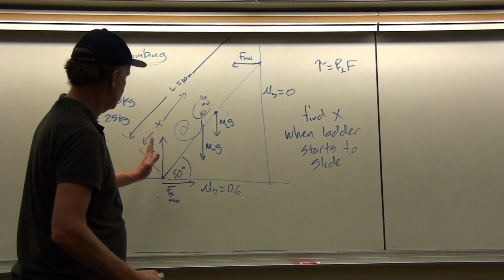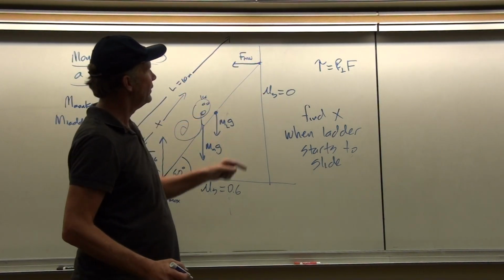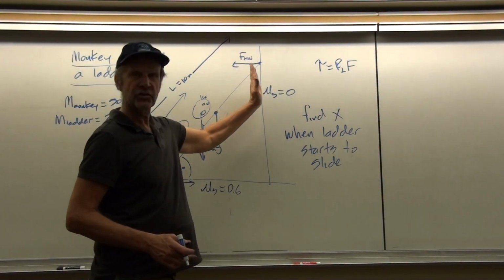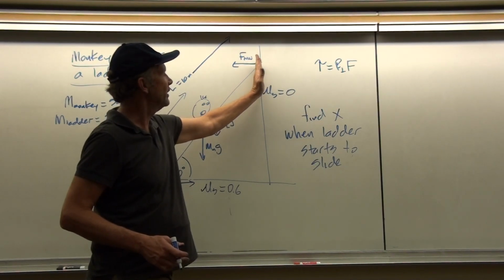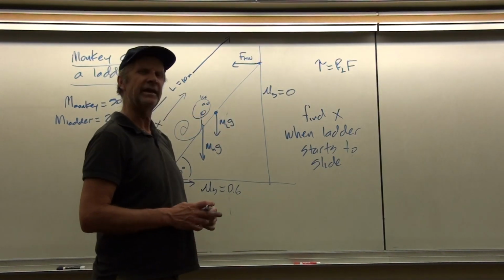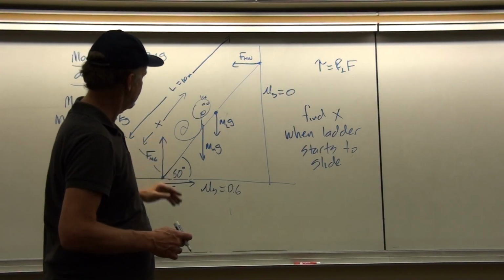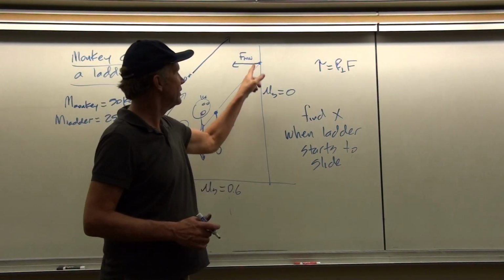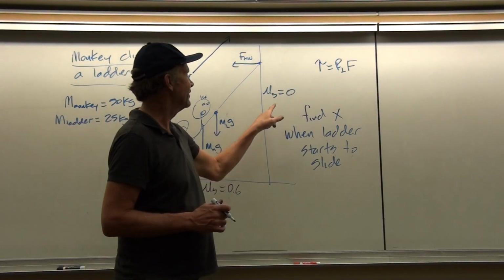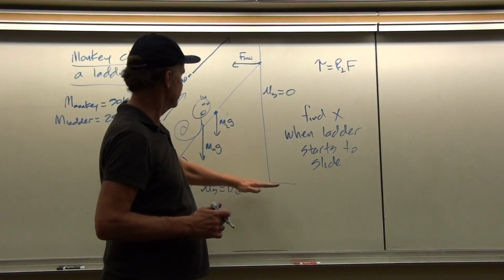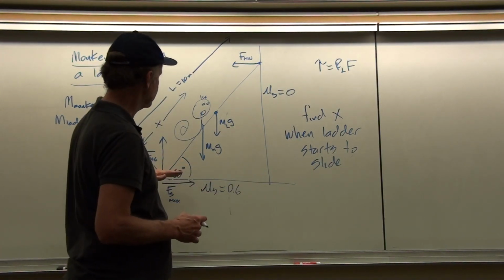Okay, so we have F normal on the ground. Also here I have F normal wall. And in a more advanced problem, we would also have friction on this surface, which would mean that we would have a force of friction on this top surface as well. But that will be a smaller force of friction because F normal wall is going to be a lot smaller than F normal on the ground. And so I'm going to neglect that part of the problem just because it's tough enough already. And so we'll assume that the wall is frictionless and that there's only friction on the ground surface.